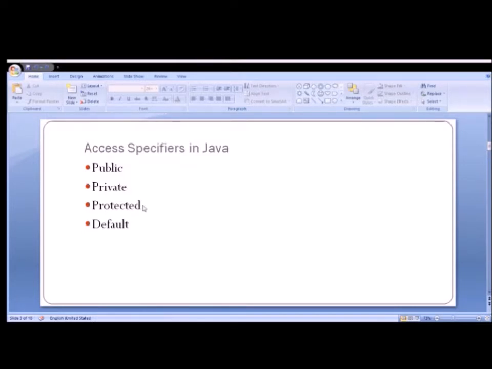If a variable has the protected keyword, this variable can be accessed by its subclasses whether they are present within the package or outside the package. If no access specifier is mentioned before the variable, it has default access.